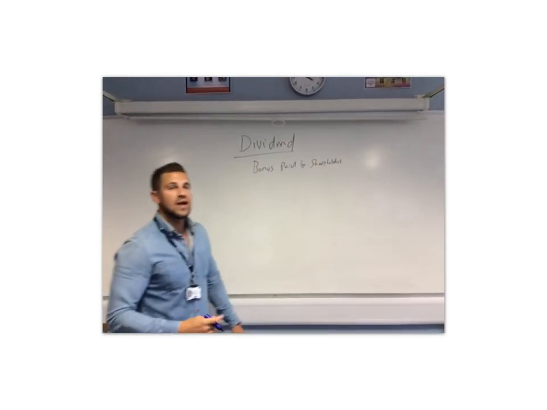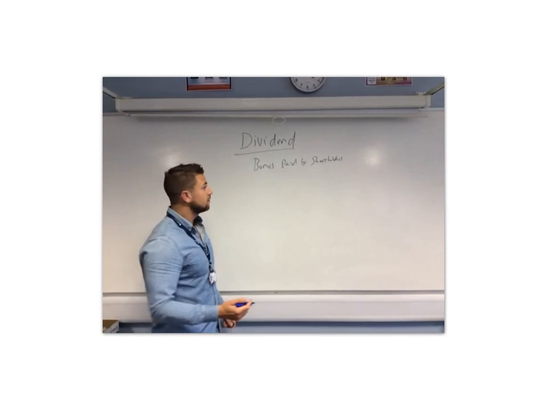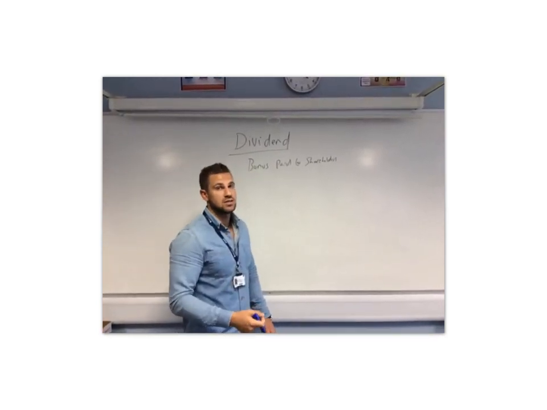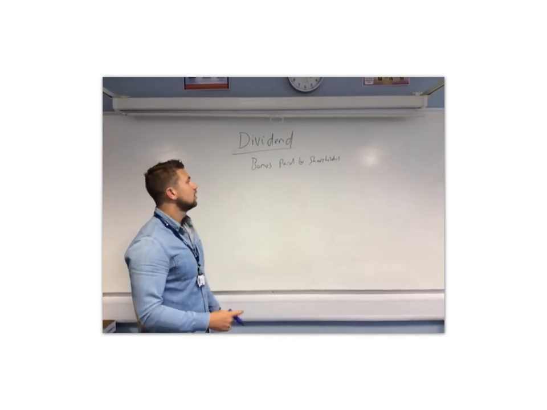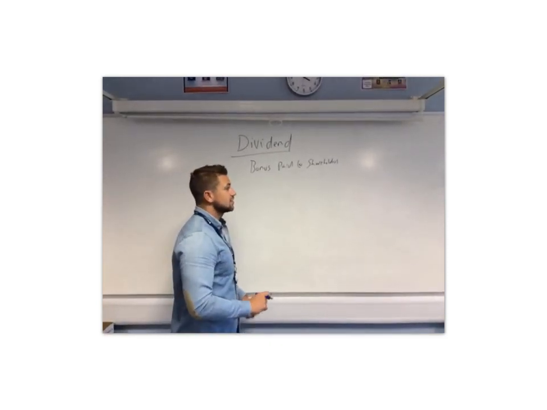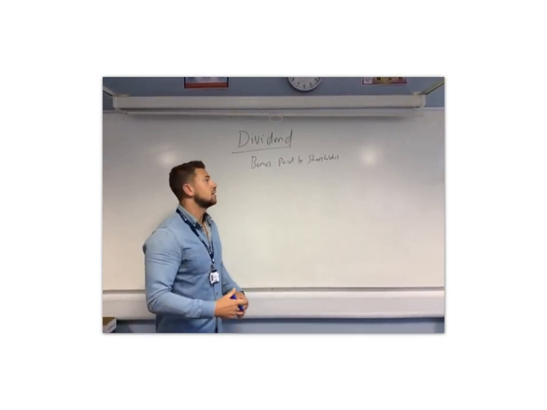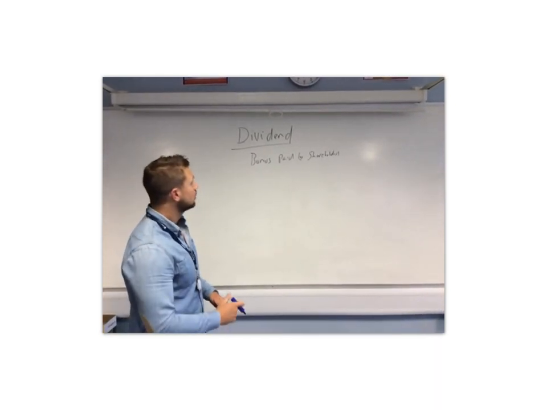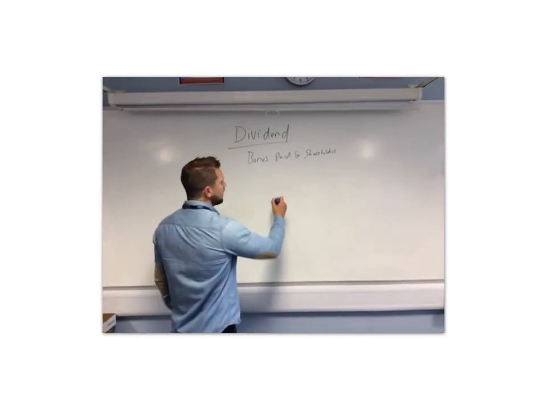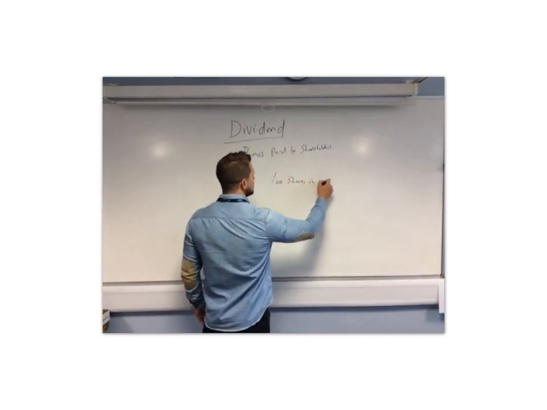So this bonus is paid out of the profits of the business. Usually a shareholder will receive this bonus once a year, although some businesses will pay this every 6 months. If a business has a successful year, the dividend will be higher than if they had a poor year. Okay, so for example, if I bought 100 shares in Tesco,